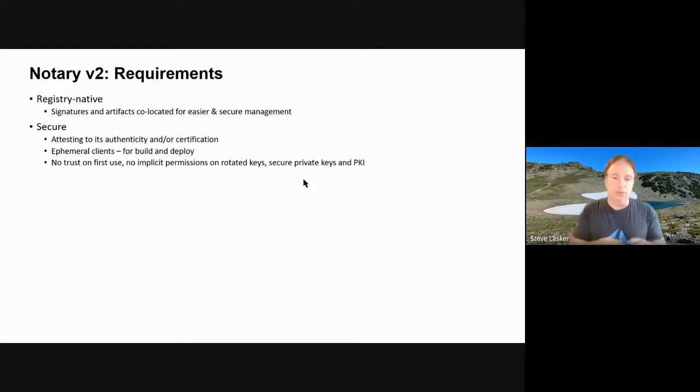Now you've got to get into the infrastructure that knows how to provision that VM or whatever that client is every time. We want to get rid of trust on first use, because trust on first use says if I injected something bad, now you've owned it from first use forward. So we have to have implicit permissions on acquiring keys and so forth.